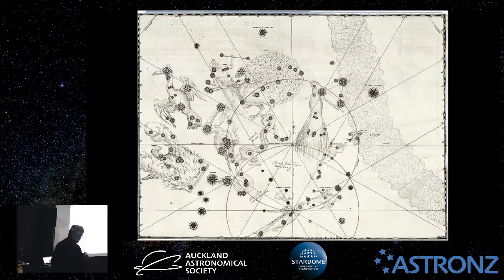Most of these names are generally still in use, but one thing you notice, it shows stars and it shows pictures, but there's no clear delineation between where one constellation starts and stops. So that's a bit of a problem if you want to catalogue things accurately. So they came up with a system